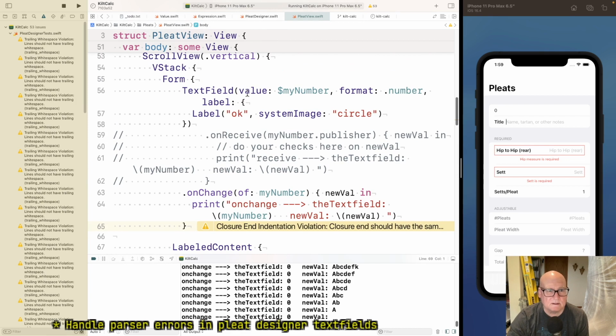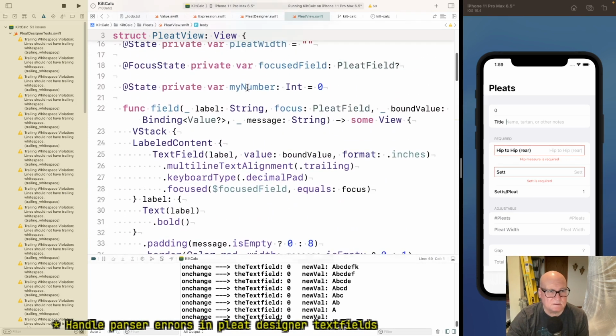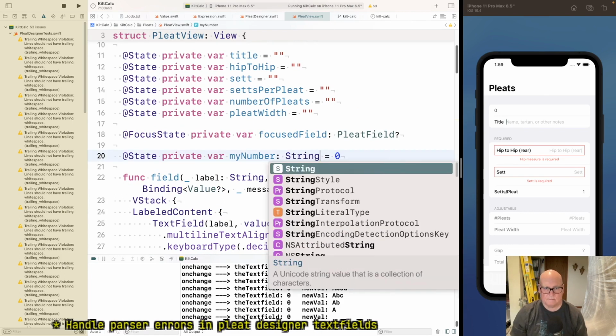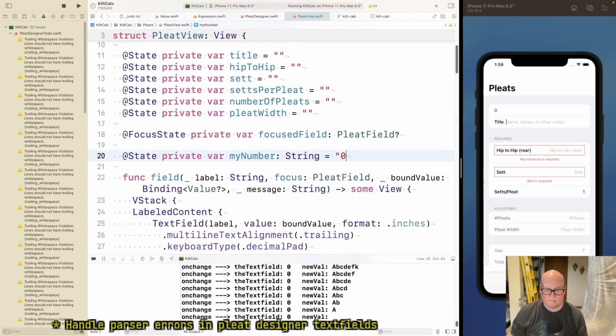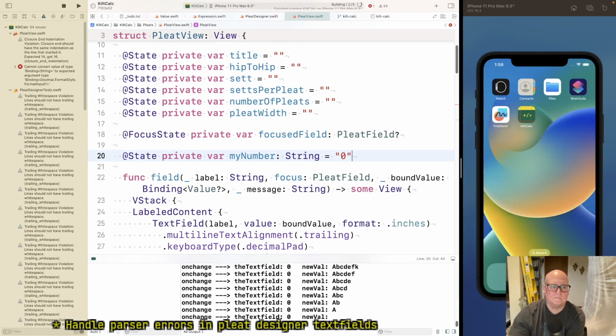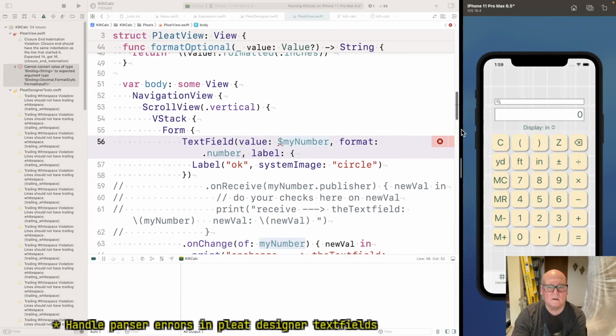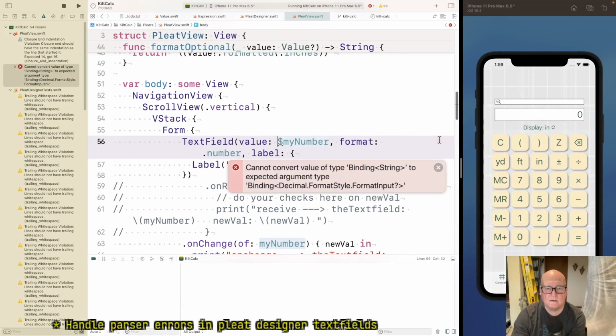Let's do what you suggest. Oh. Cannot convert value of one string to decimal format. Interesting.